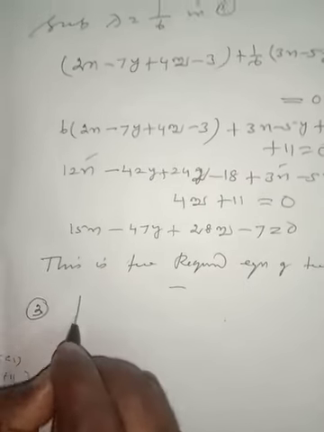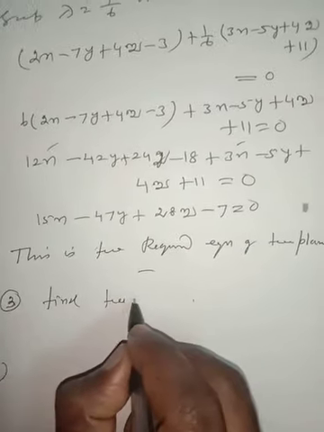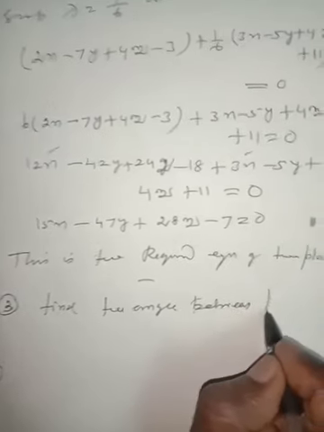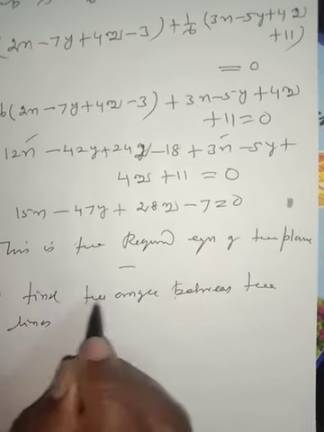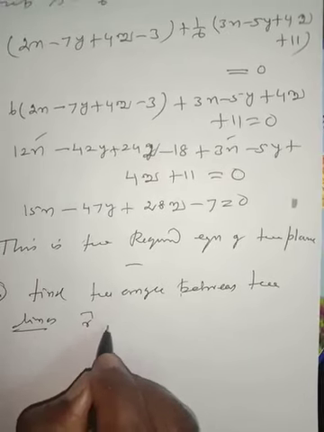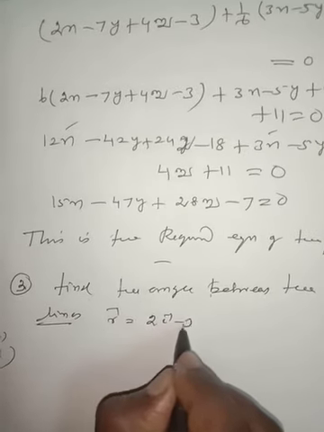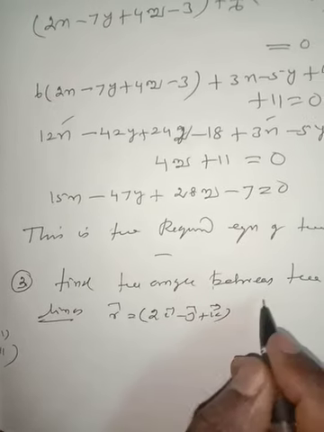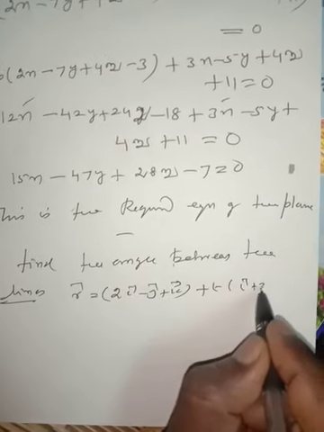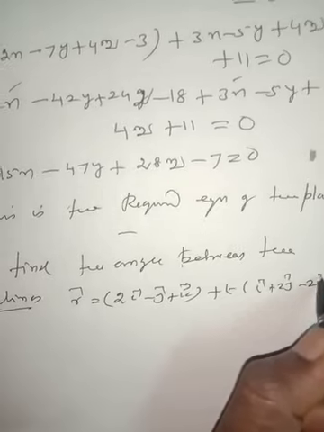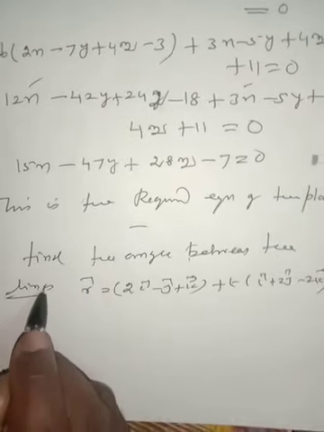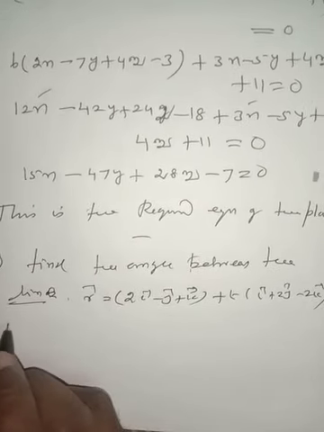Find the angle between the lines r vector is equal to 2i vector minus j vector plus k vector plus t of i vector plus 2j vector minus 2k vector, and the first is a line, so singular line, and the plane